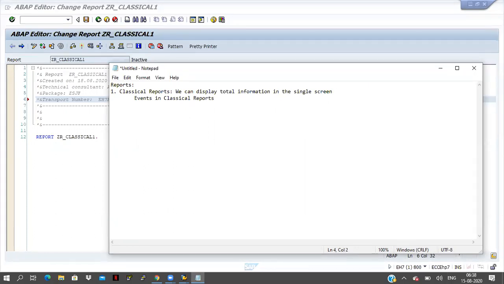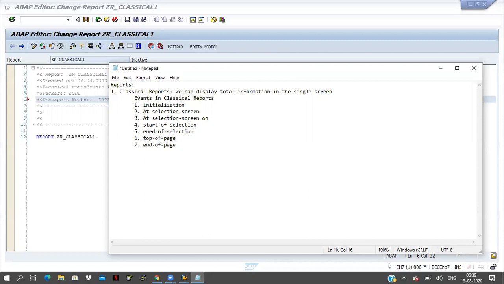First one is initialization, then at selection screen, at selection, start of selection, end of selection, top of page, end of page.